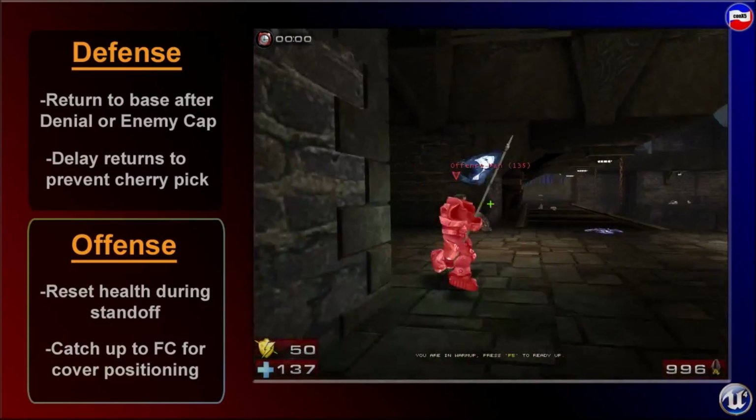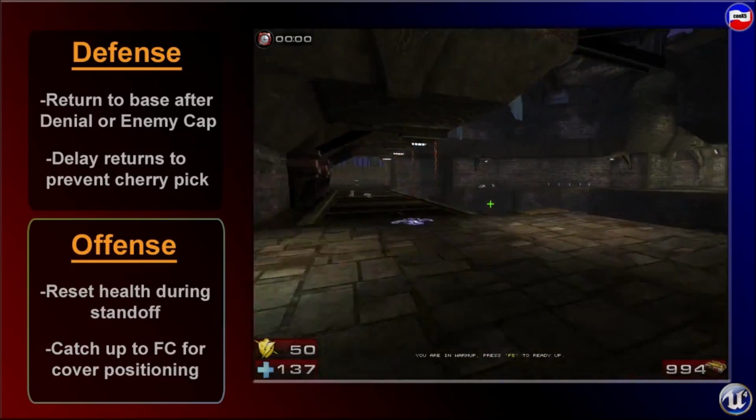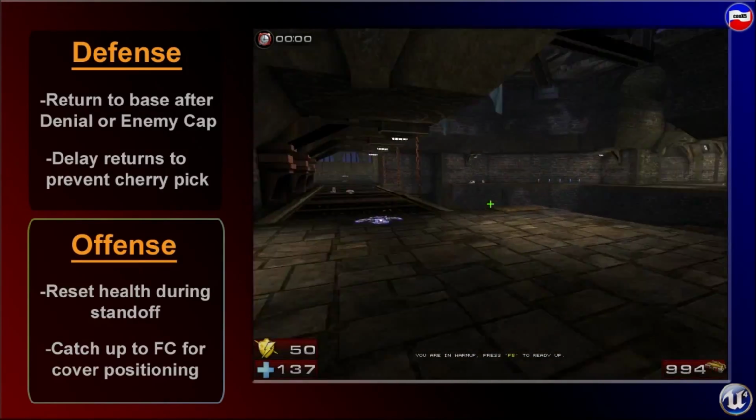And now for an even more situational example. I'm going to be covering my flag carrier as he leaves enemy base and goes out to mid. And I've got two options here. As soon as I kill the D, I can either translocate and try to catch up to my flag carrier,